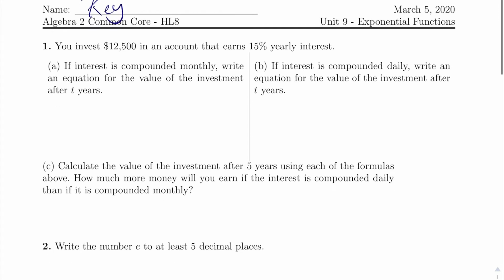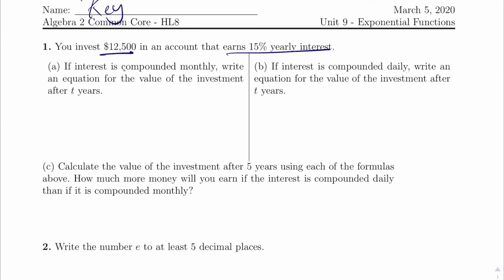So you invest $12,500 in an account that earns 15% yearly interest. If interest is compounded monthly, write the equation for the value of the investment after 2 years. So there are a couple ways that we've been doing these problems, but I think my preferred way is to